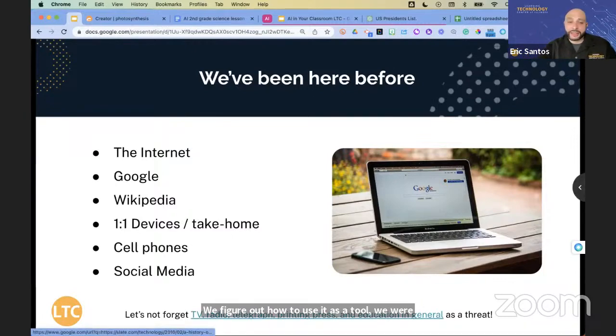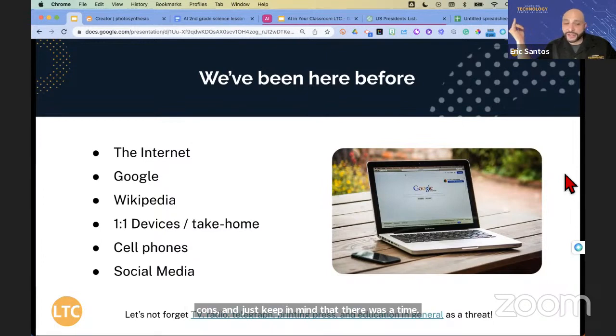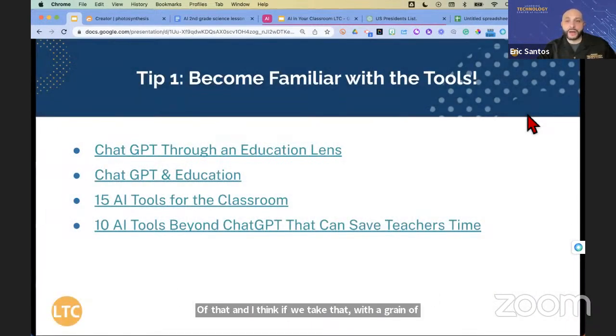And just keep in mind, this is a really interesting article, that there was a time when TV was the scary new technology, when radio, telegraph, the printing press, even education in general were thought of as scary new things that were going to destroy the world as we knew it. So this is just the next generation of that. And I think if we take that with a grain of salt and just prepare ourselves, it'll be a lot